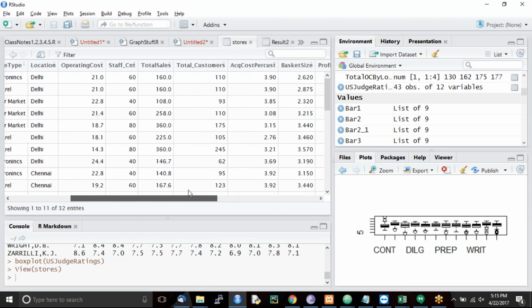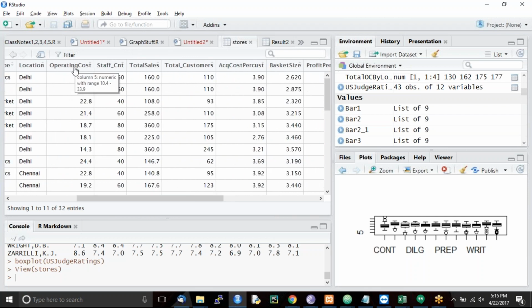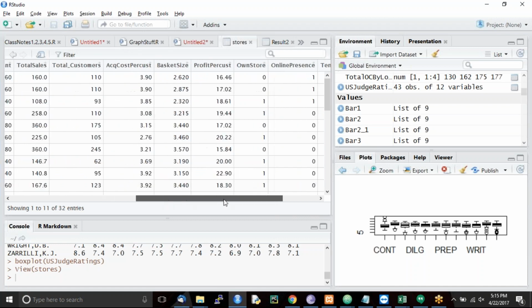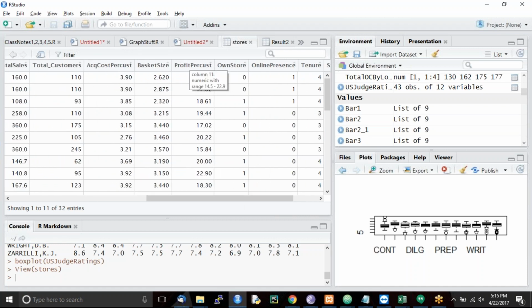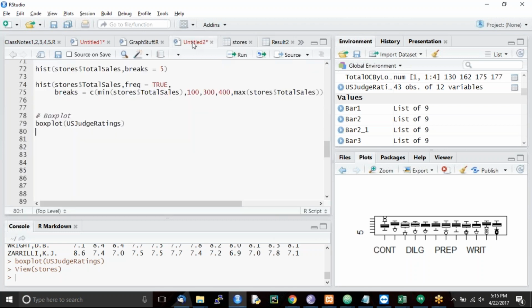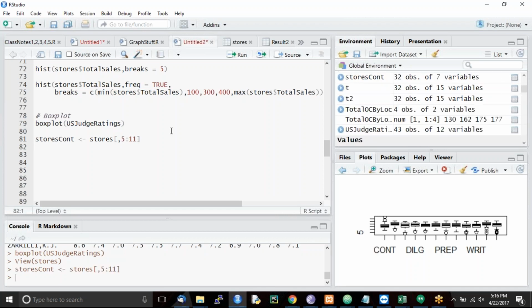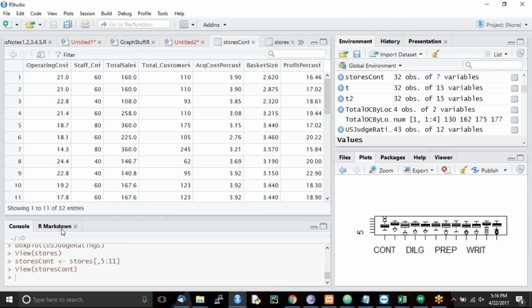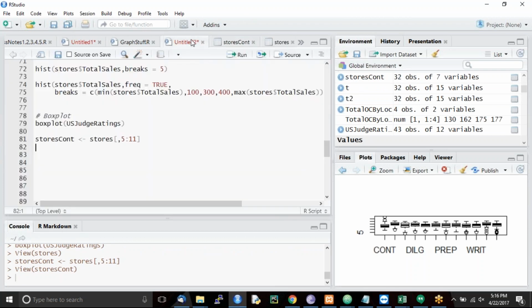I will just try to separate out these variables. Operating cost is my 5th column and profit per customer happens to be my 11th column. So I'll create a subset. I'll call it stores count for continuous. So it's 5 till 11, right? These 7 variables are the only continuous variables. Okay. So if I do a box plot of that,